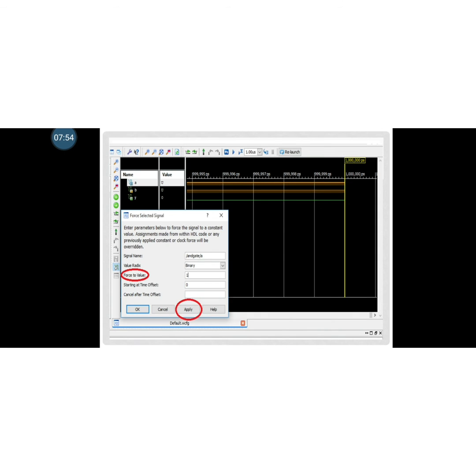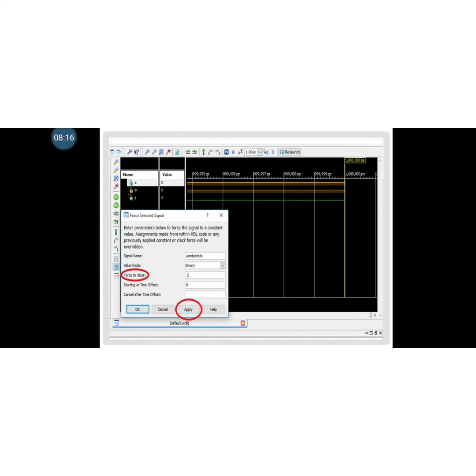To give the inputs one by one, if you don't write the test bench, this is the procedure. Right click any of the inputs and then force the value. There you have to put the input. I put here 1, so A will be 1, apply, and then OK.